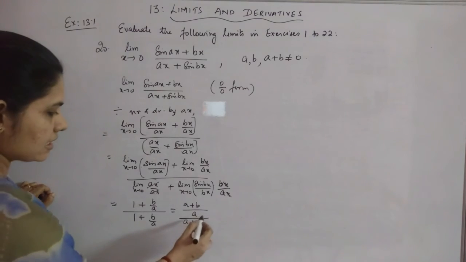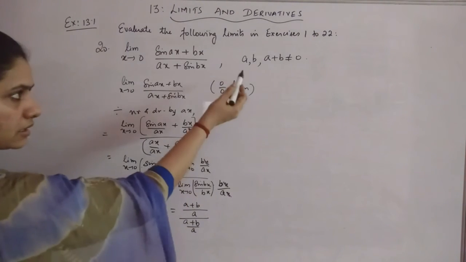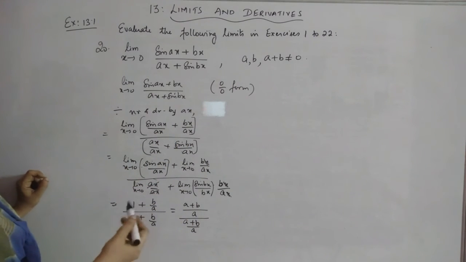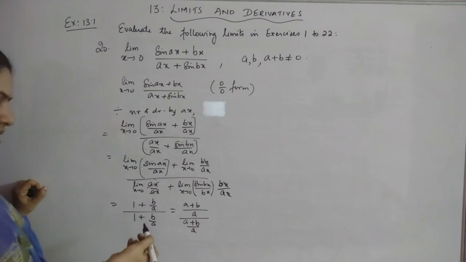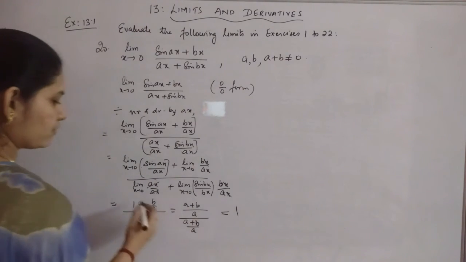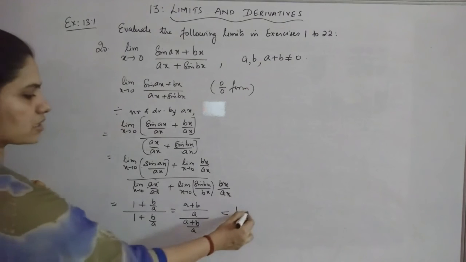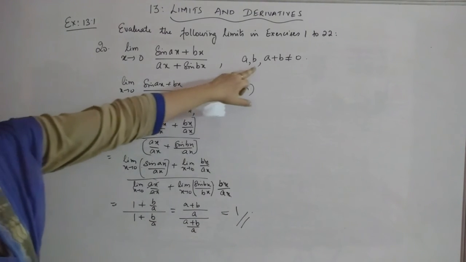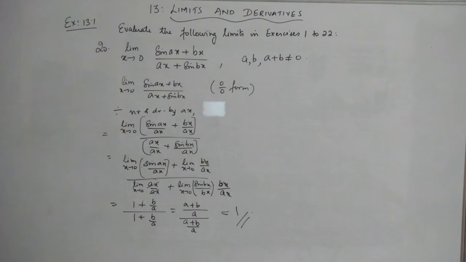Right? So a plus b is not equal to 0, a is not equal to 0, means this term is not in the 0 by 0 form, that's why we are taking that for the existence of this limit, so that you will get it to be 1. From here itself you can just make it as 1. Okay, so the limit value is 1. I have written this in order to show why they have given these conditions.